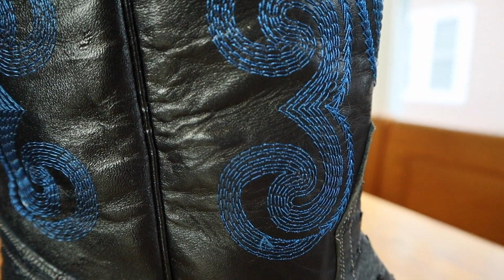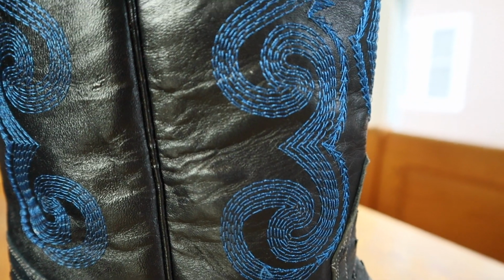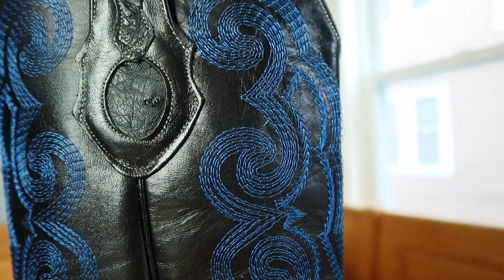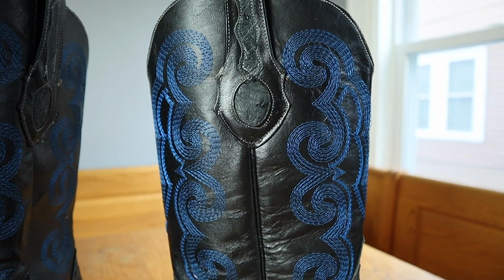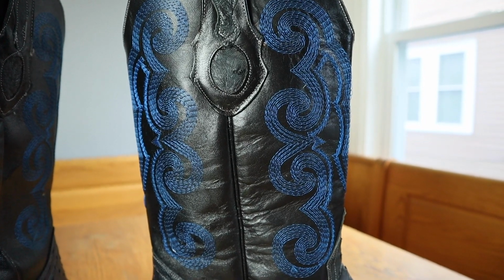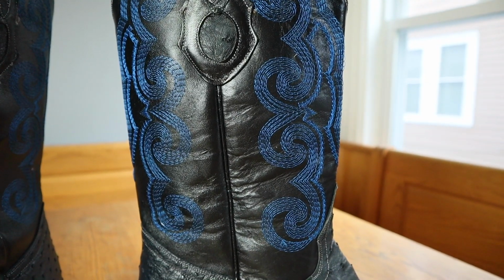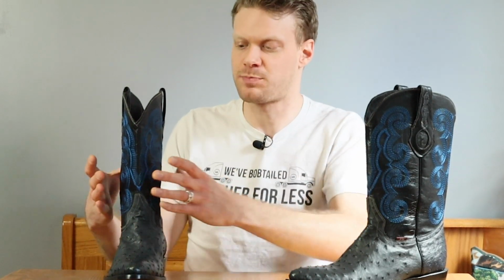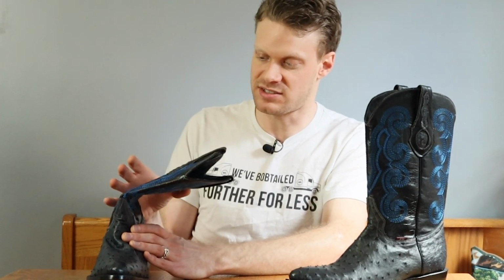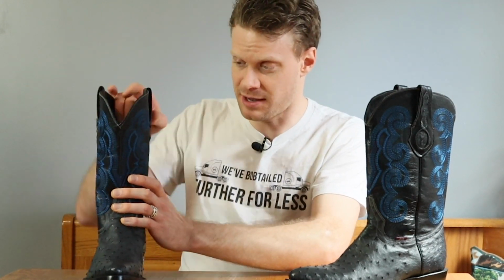Here on the shaft, we have a little bit different kind of stitching. Now, Blake talked to me on the phone about this, and he said that this is just a little bit different because when he did the traditional stitching method, it made this shaft too stiff for him. I mean, that's what stitching in the shaft is supposed to do anyways. It's supposed to keep the shaft a little bit stiff to keep it from falling over. And as you can see, this is sort of already falling over here, but it is super soft at the same time. This stitching is all done by hand,